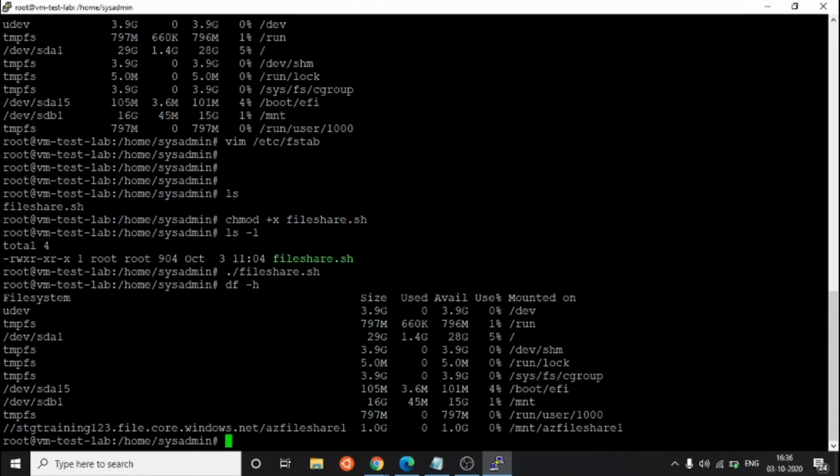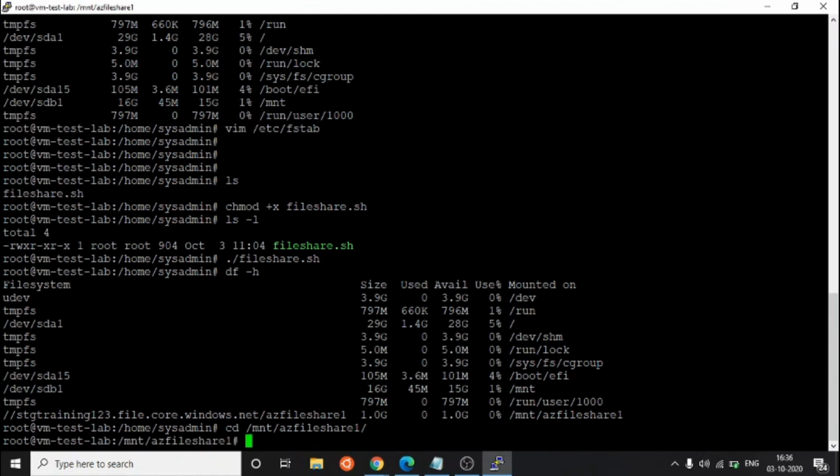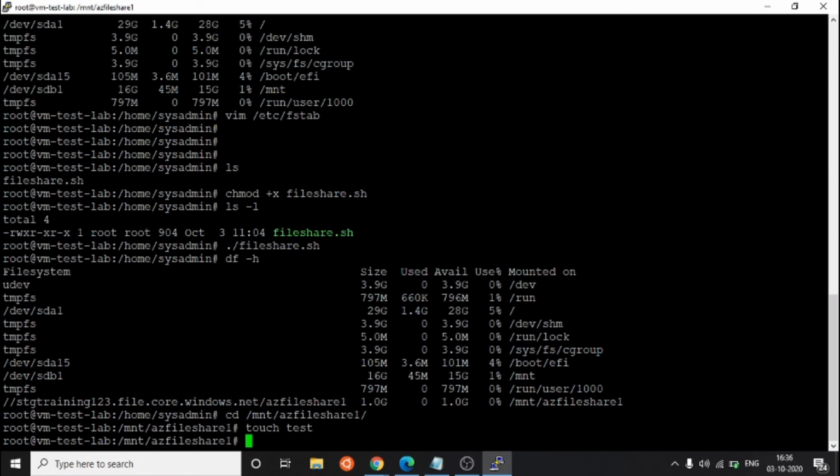Just go to that path, mnt az file share 1, and touch a file. Touch test. As we can see, I have created a text file in the Linux system.